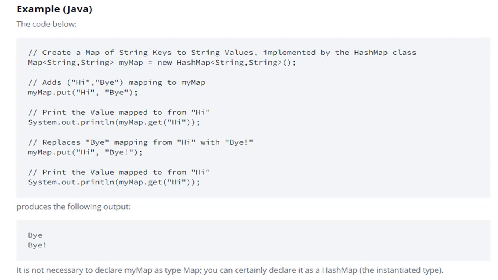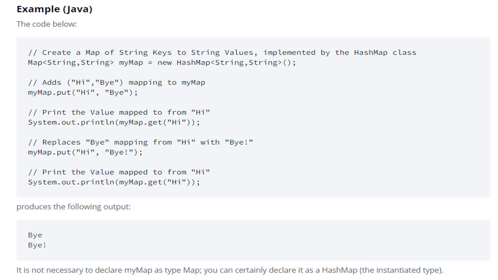You can observe in the third comment, print the value mapped from hi. So here we are using myMap.get of hi, where you can observe in the second part, hi, bye, we are assigning a key to the value.